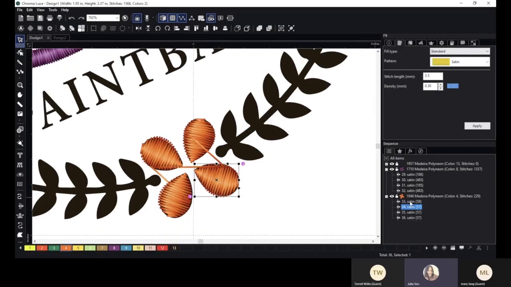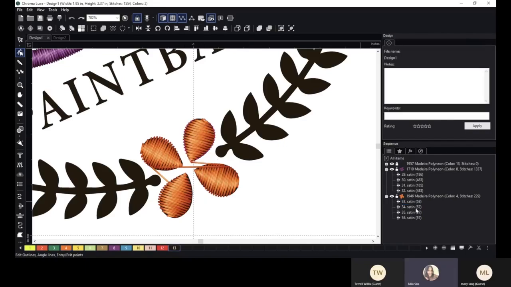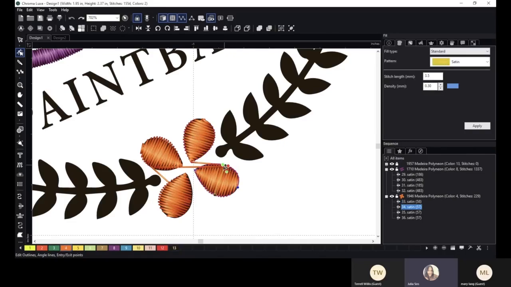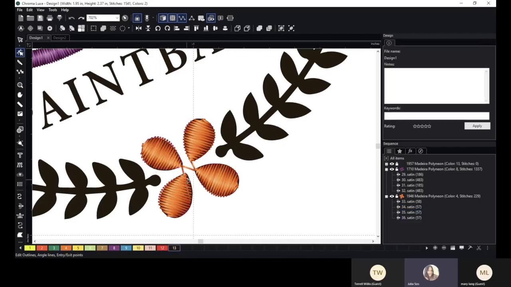stop points. So the first object that stitches is this one here. If I click on the shape tool, we see these red and green. If this object starts at the top and finishes at the bottom, and then if the next object starts at the bottom, then we have now a much shorter jump stitch. And so if we edit these to have the start and stop closer to each other,